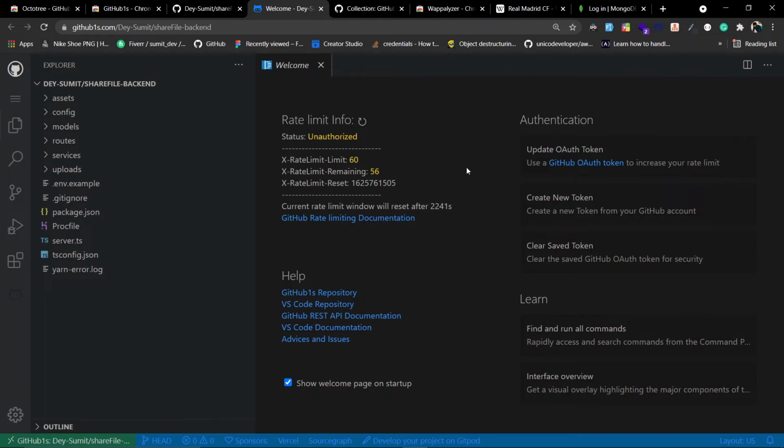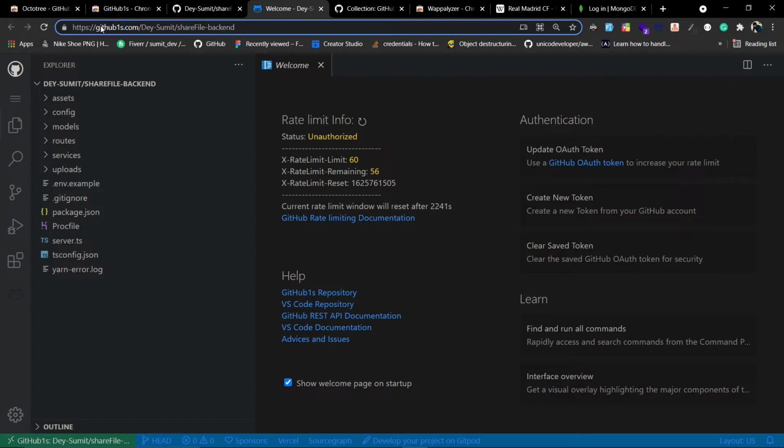The read mode is important. Of course, you can't modify any file. Anyway, you can configure the shortcuts, change the theme, and it will save the configuration in your local storage. And hey, notice the URL. This is GitHub 1s. So if you don't want to install the extension, just add 1s after GitHub and it